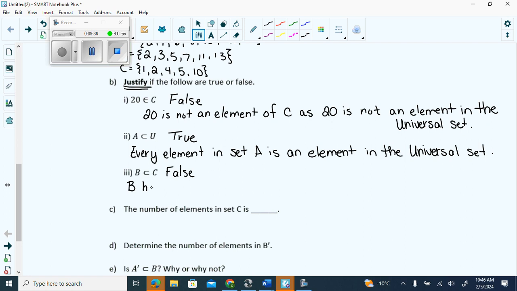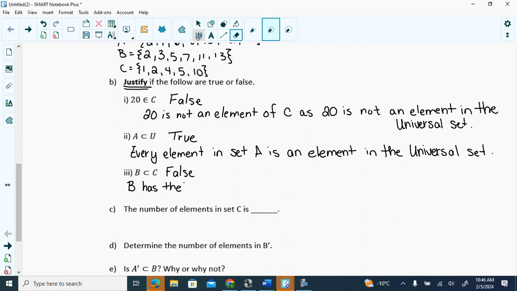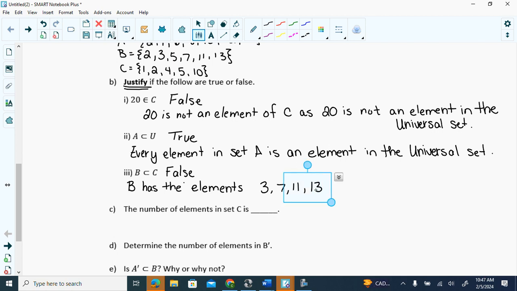B has the elements 3, 7, 11, and 13 that are not elements